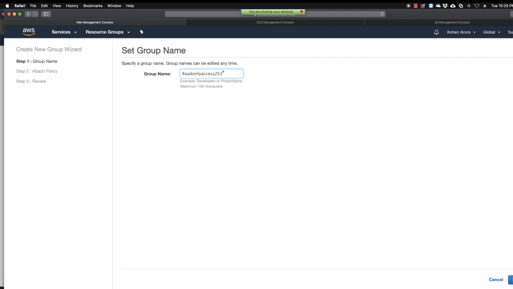This is a group name. I just create any group right now. This one group, read only access to S3, or just name it as a bucket name, XYZ-S3-Mumbai. Let's make it as small letters. XYZ-S3-Mumbai